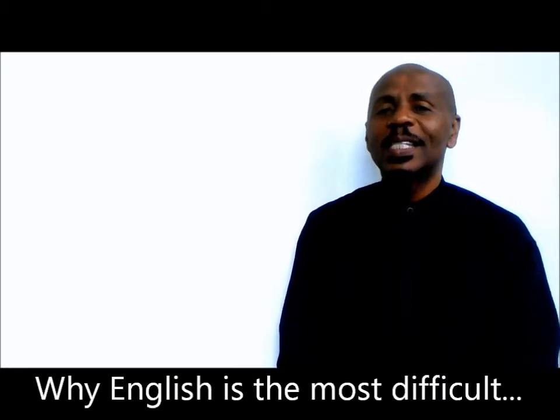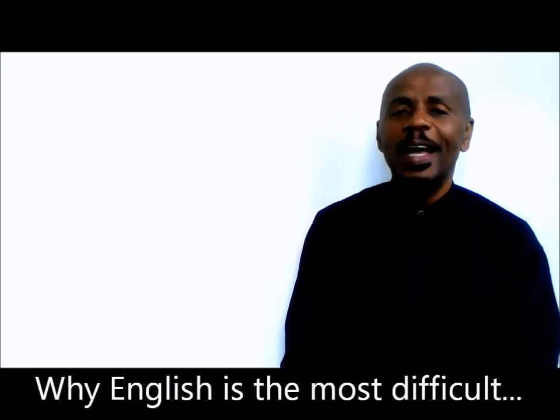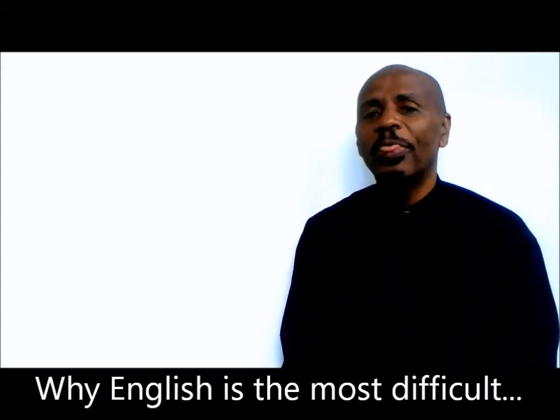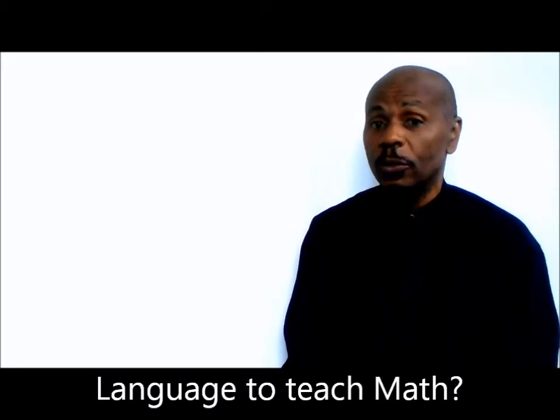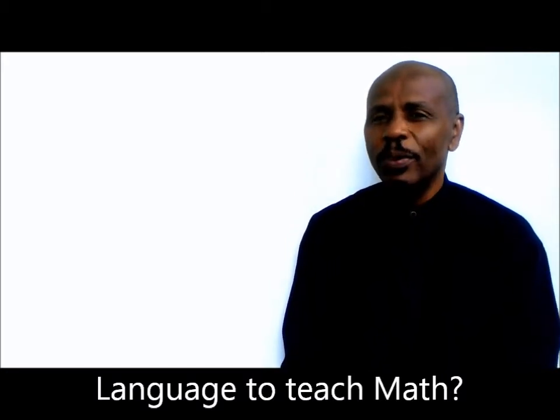For example, in the British and American school system, I was taught to count like this: 1, 2, 3, 4, 5, 6, 7, 8, 9, 10, 11, 12, 13, 14, 15, 16, 17, 18, 19, 20, 21, 22, and so on. But there's a problem with that. And what's the problem? Here's the problem. The problem is,